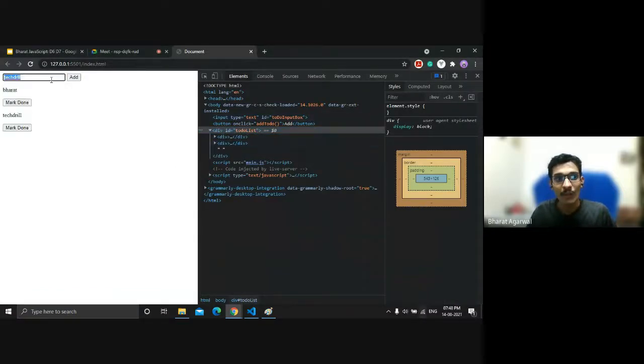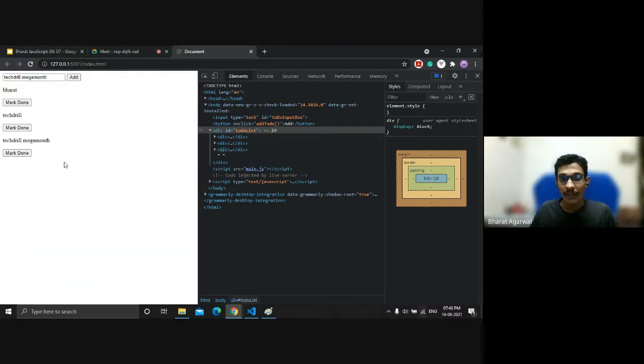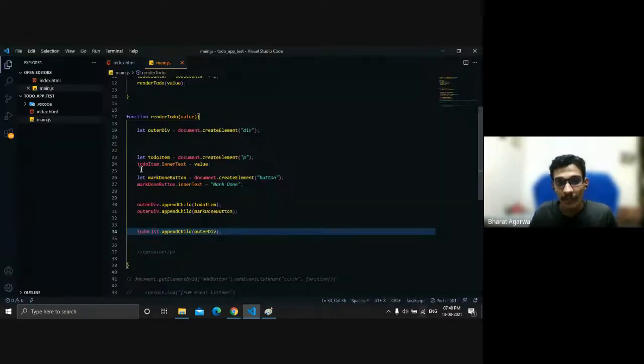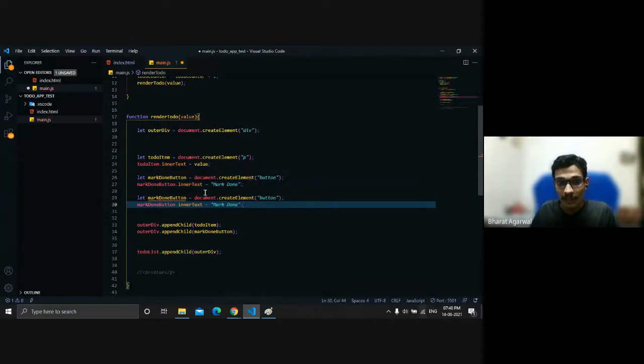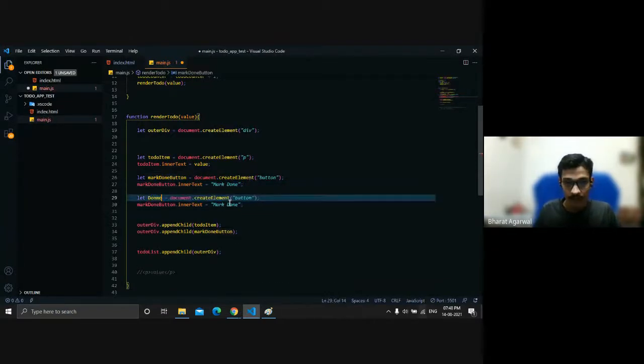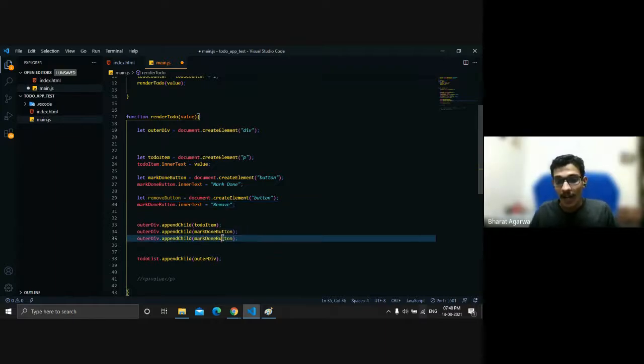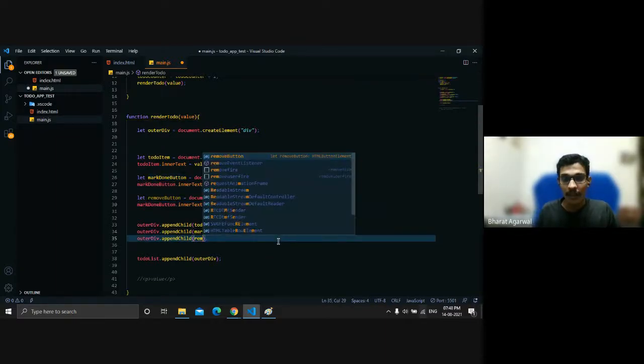We can add more, like tech drill, mega month, but we can also create multiple buttons. Like I have created the mark done button, we also need a remove button. We want to create a button and name it remove, and we want to append it after this mark done button.